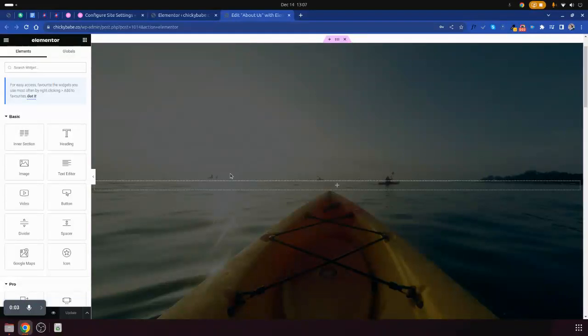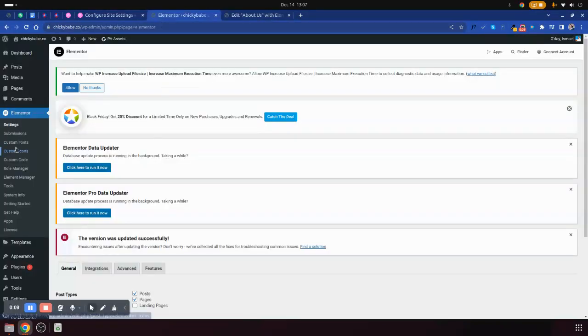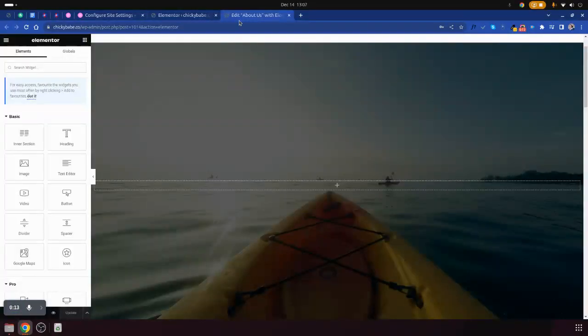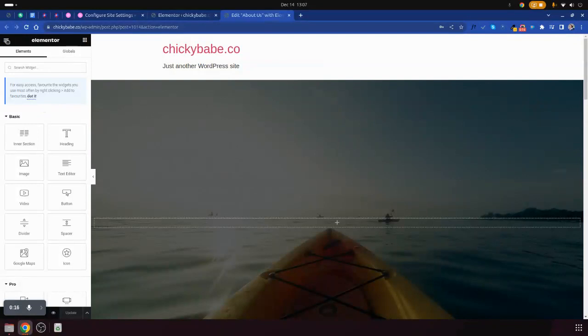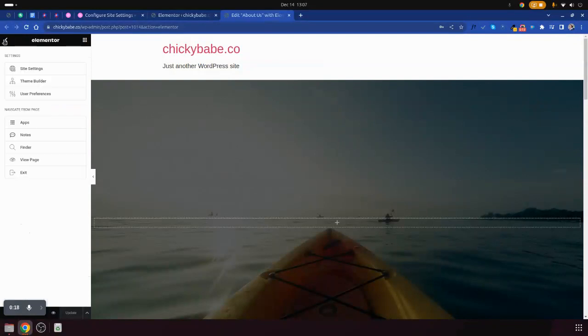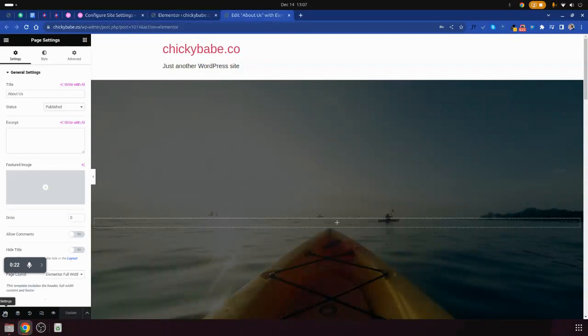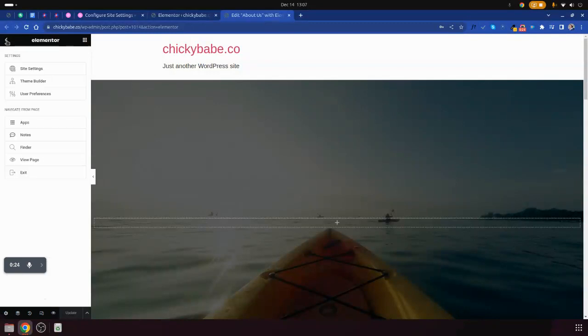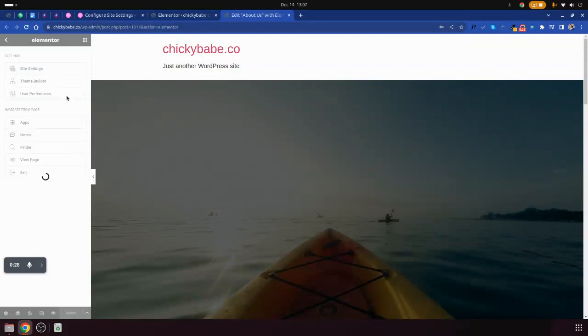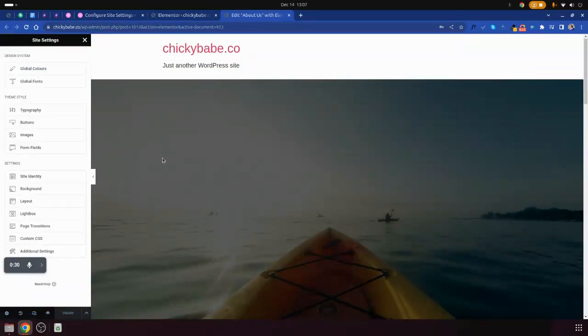Let us learn how you can configure site settings in Elementor. Go to the dashboard and open any page. Once you're in any page, click this toggle. If you do not see that one, click here. Then you click this toggle. Then click site settings. Now here,